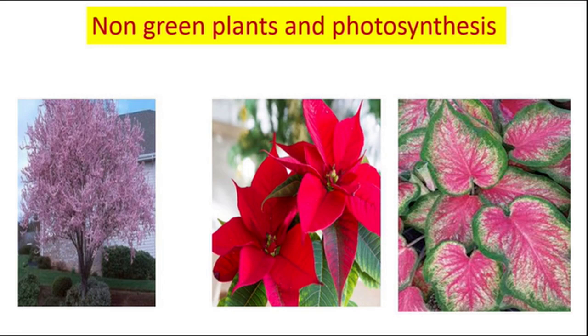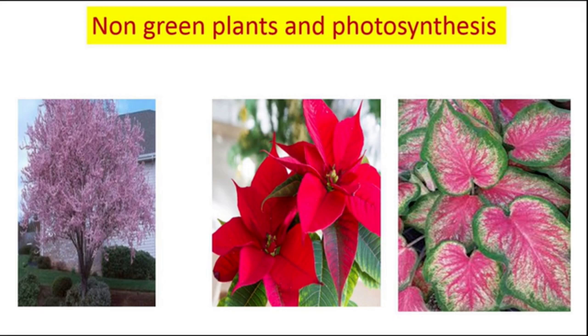Now actually, leaves other than green also contain chlorophyll. The only thing is that the presence of other colors like red, yellow, brown, etc. dominate over the green color. In these leaves, the green color is not visible, but photosynthesis takes place in those colorful plants as well. So these colorful plants also prepare their food by themselves because chlorophyll is also present in the colorful leaves.